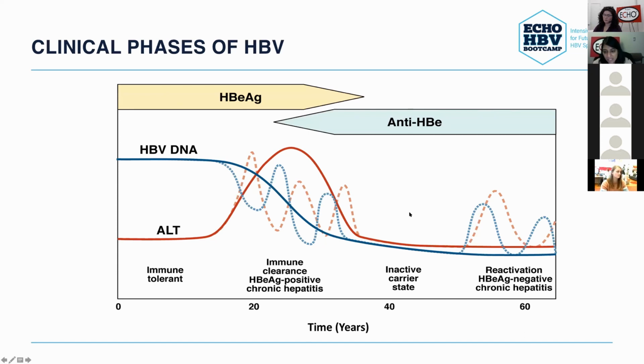developing more fibrosis. Even in this inactive carrier state, where you're typically E antibody positive and your Hep B DNA level might be low and your ALT level might be minimally elevated to low, you can still have some fibrosis there that's progressing over time. And so going from inactive carrier to reactivation and developing more progressive fibrosis can be difficult to tease out. But again, you might see some fluctuations or changes in your DNA and your ALT level that could give